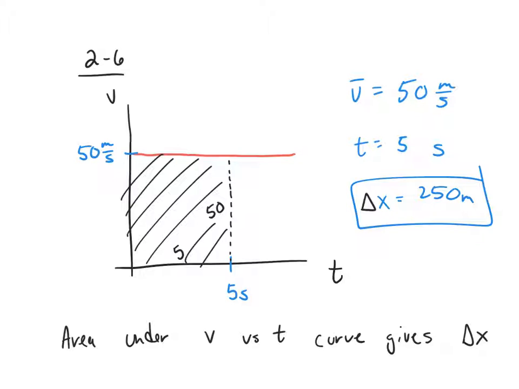This is an easy one to start, and I did it on purpose so you can see the area concept. In a minute, I'm going to get into what if it's curved, what do we do now, right? So that's where I'm going to extend this idea. Isn't it also kind of the same idea for A versus T, but it's B? Yeah, very good. And that would be delta V instead of delta X there. Very good. So what we're looking at in 2.6 is the idea that, you know how we went from position